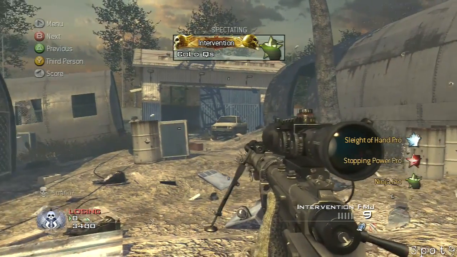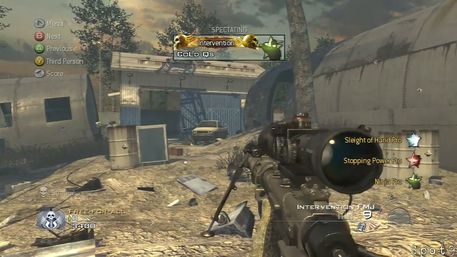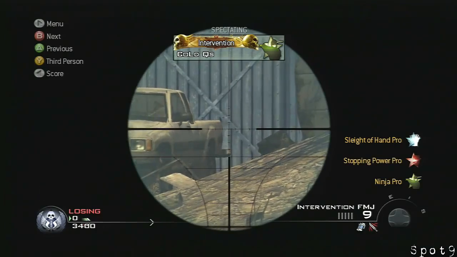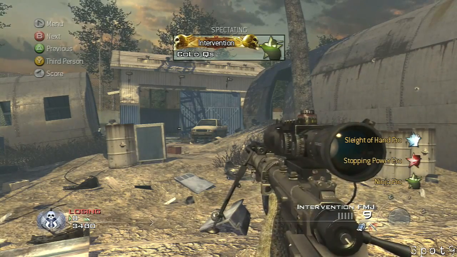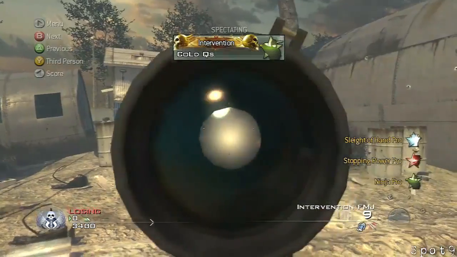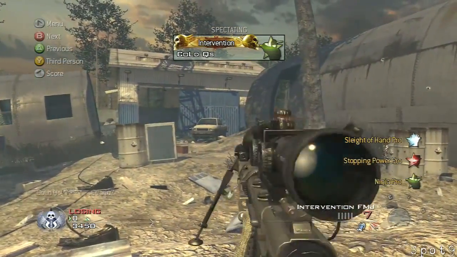The main spawn trap to hit is when they spawn right in there. When they spawn here, you just want to shoot, depending on where you're standing and how you line your sights up. That's pretty much every spawn trap. If you're standing a little bit to the right, you shoot a little bit to the right. Or if you're standing a little bit to the left, you want to shoot